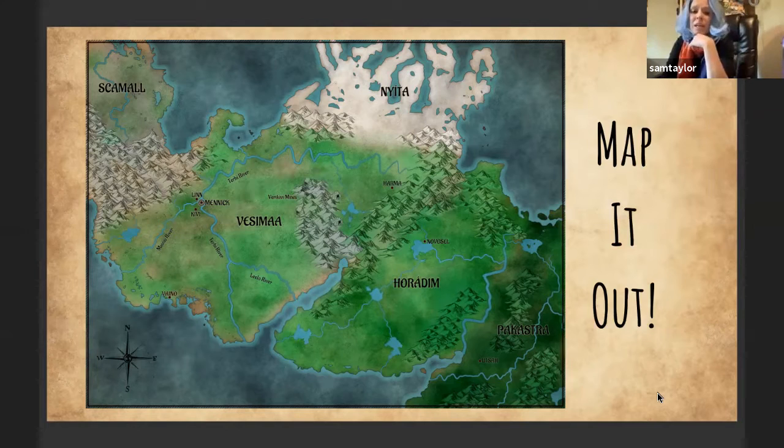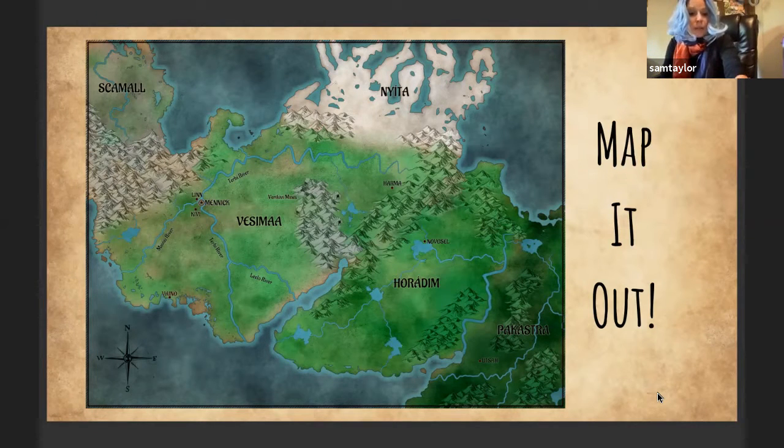This is a map I made for We Are the Fire. A black and white version of this appears in the book itself, but I'm showing here the Vesiman Empire and the enemy nation Skamel that drives so much of the conflict in Vesima and what they're trying to fight against, why they created their fiery army in the first place. And you have up in the upper right corner, the tundra, the frozen tundra nation of Nida.